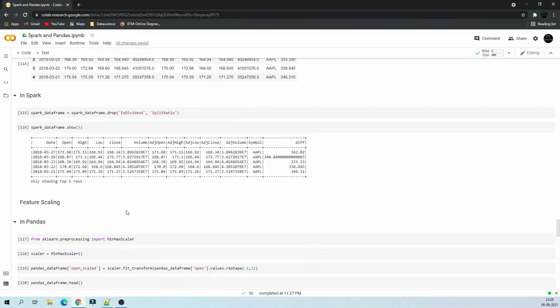Now coming to the important section, feature scaling. Feature scaling is a method where you scale all your numerical values either into 0 to 1 or -1 to 1.